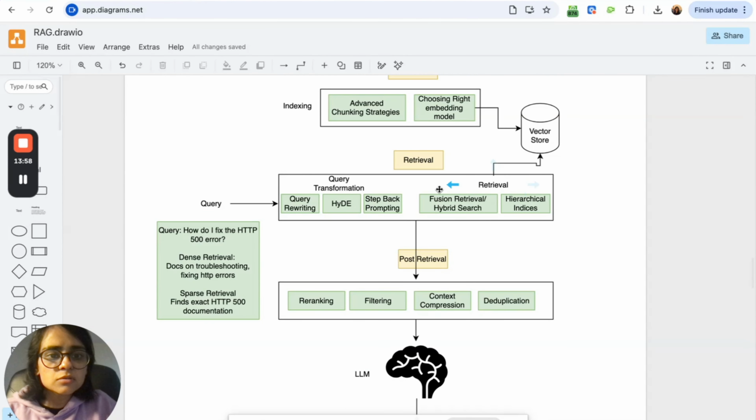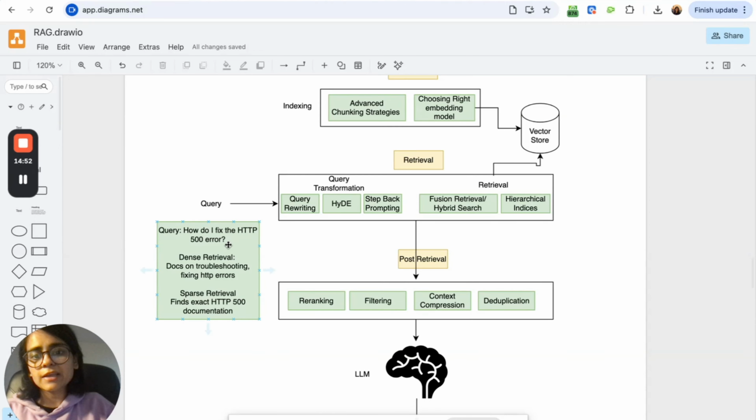So now we'll come to the retrieval strategies. There are again a lot of retrieval strategies. The ones that I'll be discussing in this video are these two. So let's start with the fusion retrieval or hybrid search retrieval strategy, which is a very popular one, wherein you are not only performing semantic search over the vector stores, but you're also performing keyword based search, which is why it's called hybrid search. The semantic search is basically called the dense retrieval, and the keyword based search is called the sparse retrieval. So let's take a look at an example to understand this.